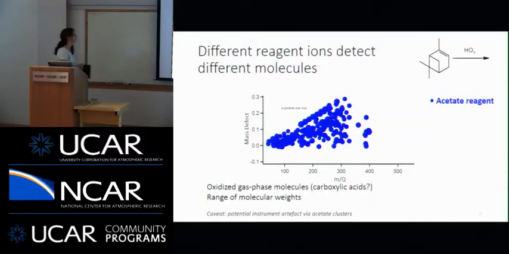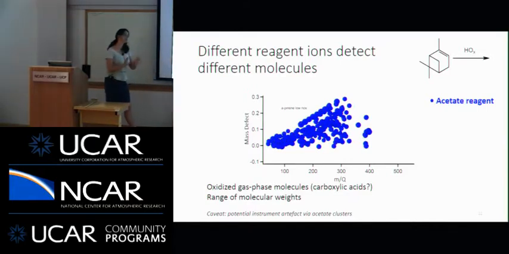So if we take an experiment where we took alpha pinene, reacted it with OH radicals, and look at the gas phase composition a couple hours into the experiment, this is what we see in mass defect space. We see mass to charge ratio on the x-axis, mass defect on the y, and the spread of lots of dots. Lots of dots means lots of ions. So again, the groundbreaking idea that we have lots of molecules in the atmosphere when we do an oxidation experiment. But we can get a little more information out of this.